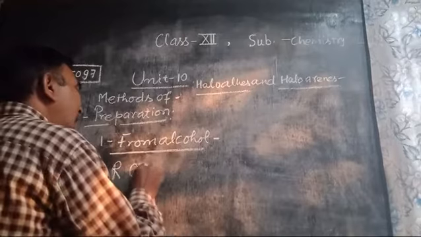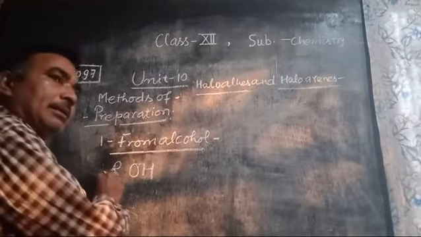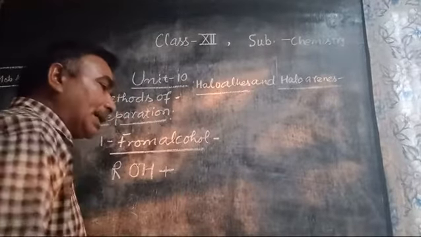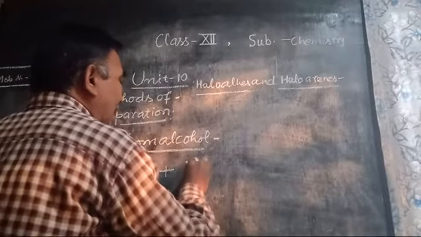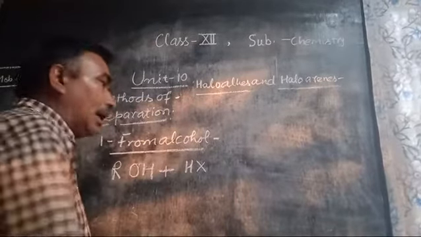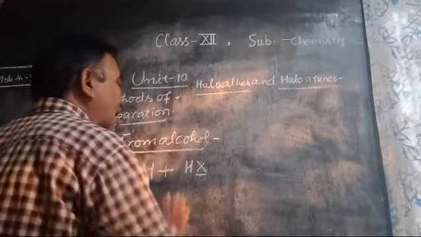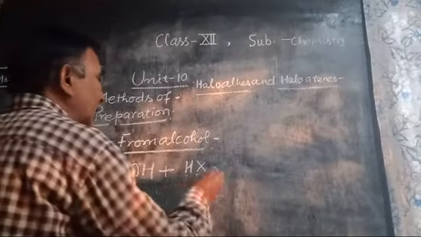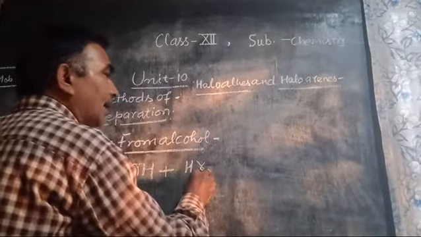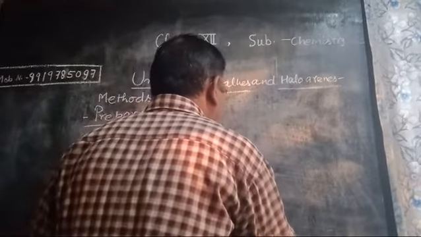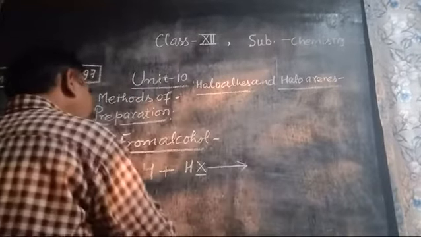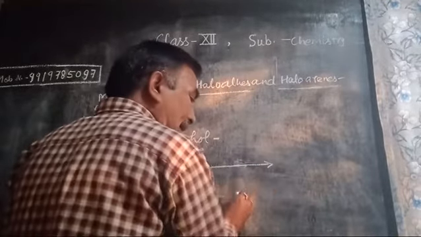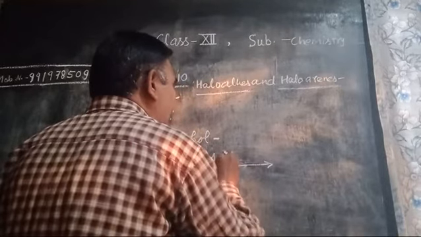ROH, R means CnH2n+1, when treated with various reagents such as hydrogen halide HX, where X is equal to F, Cl, Br, I. R is equal to CnH2n+1. It is called the alkyl group and X is called the halide group. Corresponding haloalkanes are obtained when any dehydrating agent is used, such as anhydrous ZnCl2.